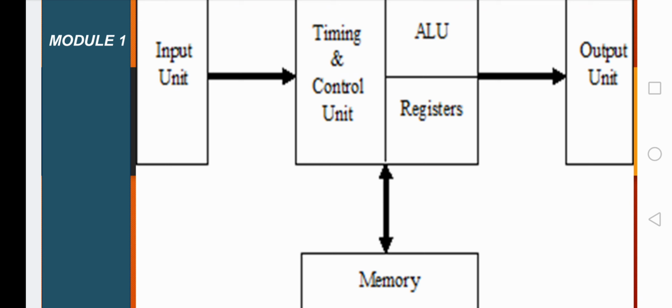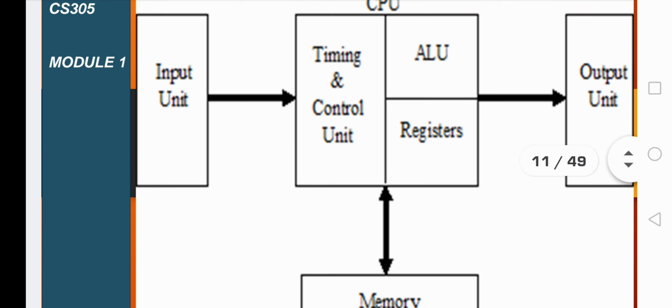various signals. The timing and control signals generated by this unit will be helpful for all the units present outside, in order to be informed about whatever operations they have to do. With the help of these timing and control signals only, the input unit, output unit, memory, ALU, etc. can be informed, or will become aware of what they have to do. This timing and control unit simply issues the timing and control signals which will help such units to perform their tasks.